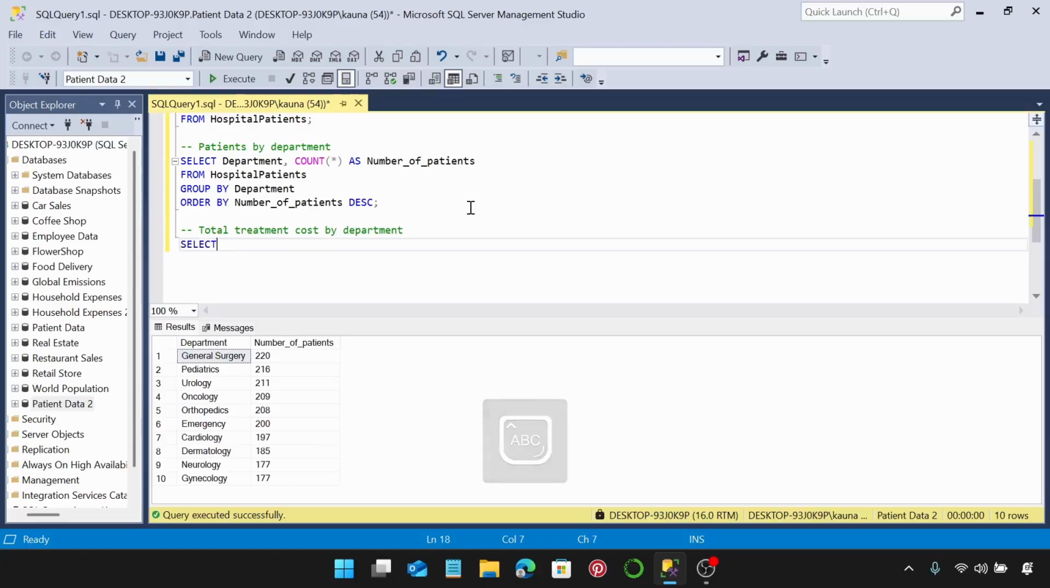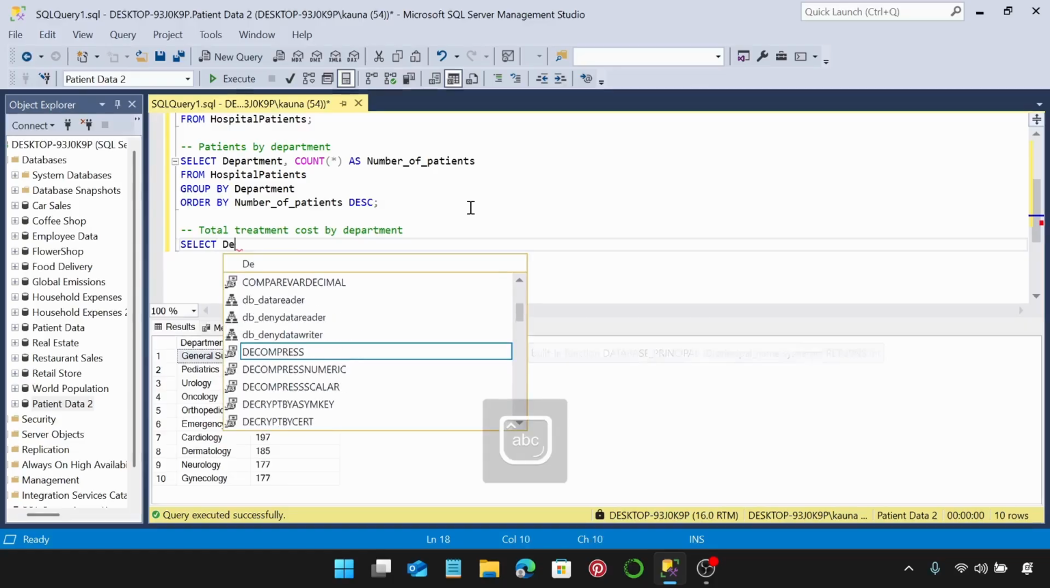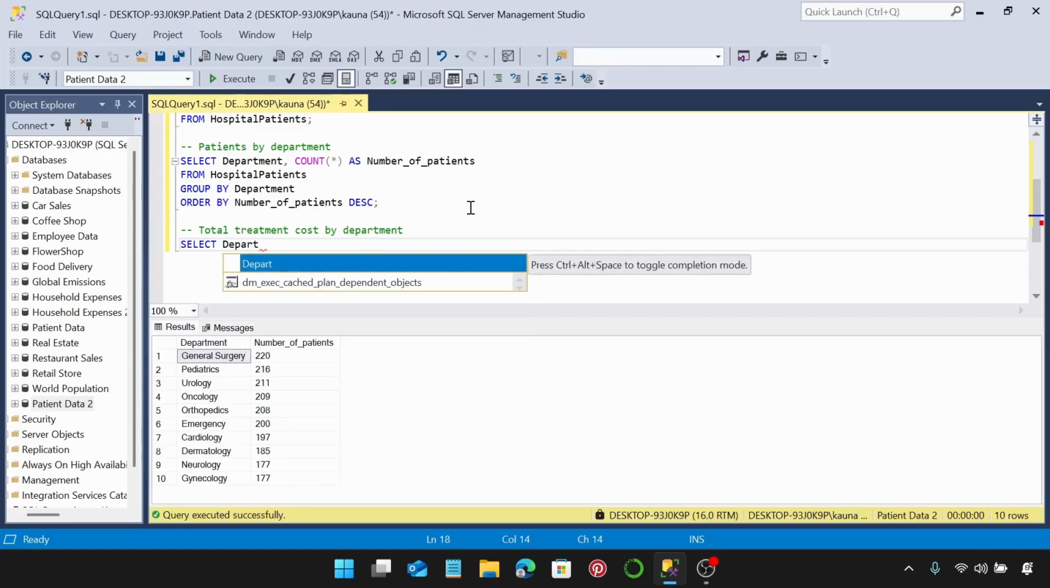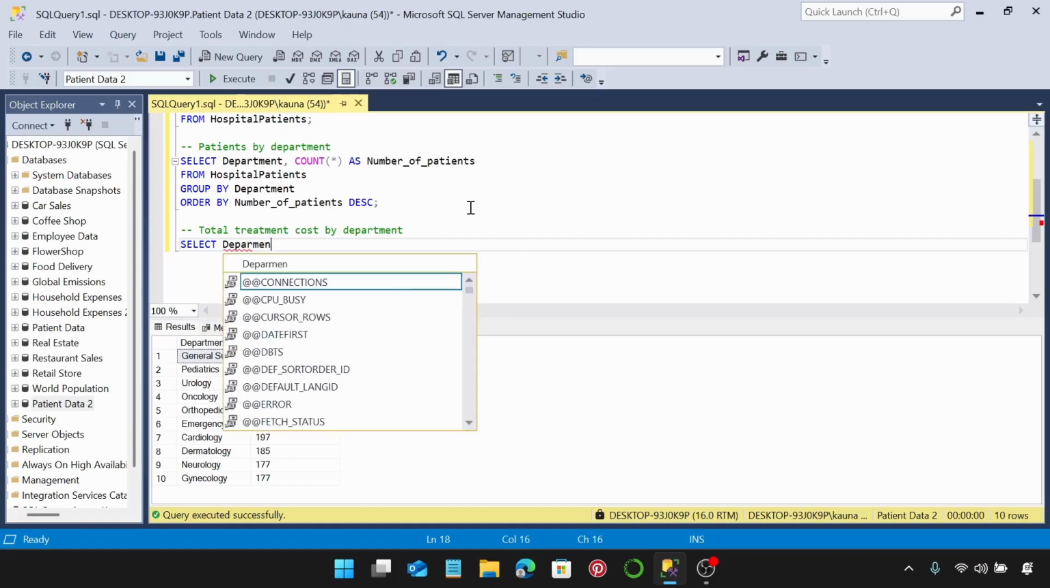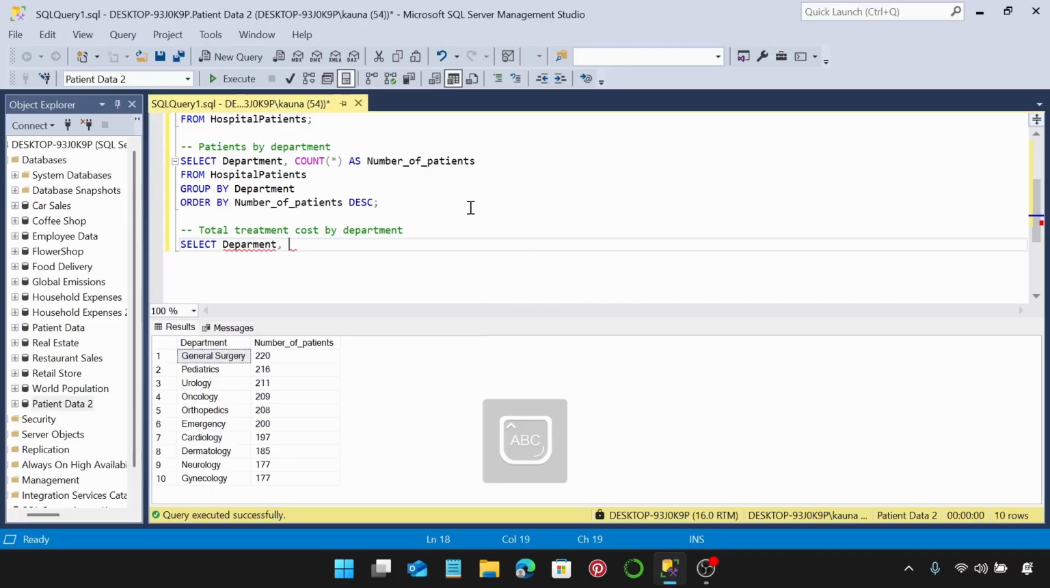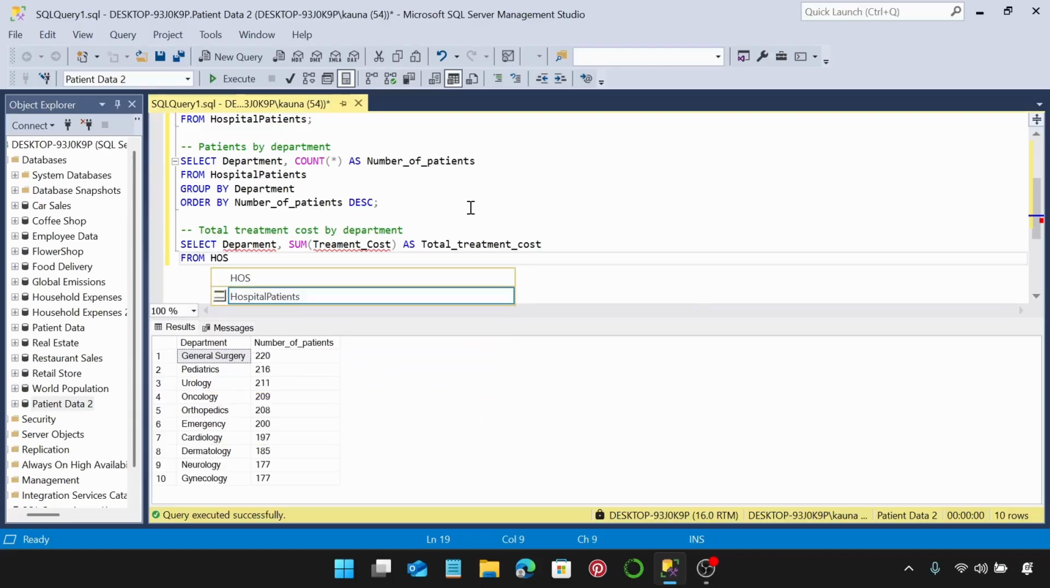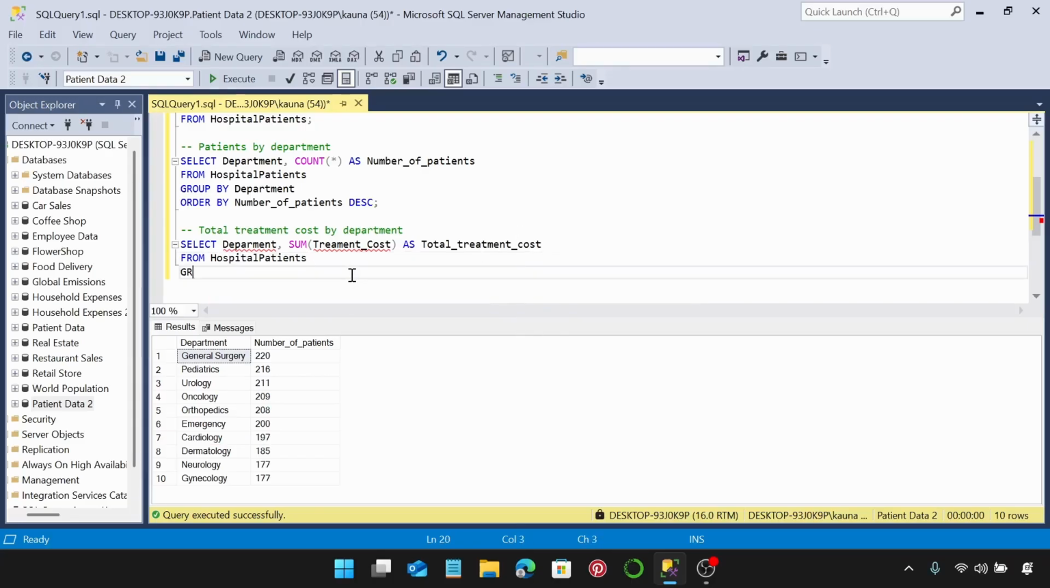let's start with, we're going to select the departments, and we are going to get the sum for the treatment cost column, and this is going to be, let's say, as total treatment cost, and we're going to do this from the hospital patients dataset. Let's group by department,